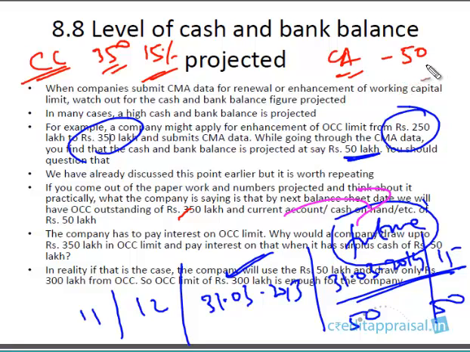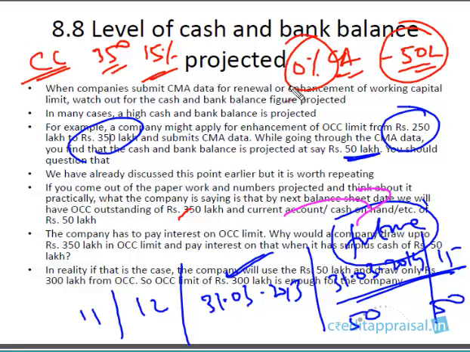Let us assume there is no cash on hand. The bank balance in the current account you have 50 lakhs. Now this is a very stupid situation. As an owner, this is a very stupid situation. You never allow a company to be having this sort of situation. On one hand, you are having a CC limit fully drawn up to 350 lakhs and you're paying 15% interest. On the other hand, you have idle cash 50 lakhs.